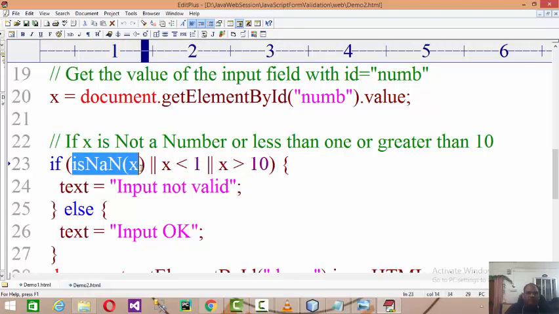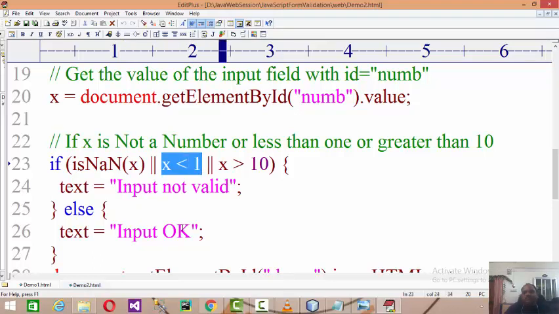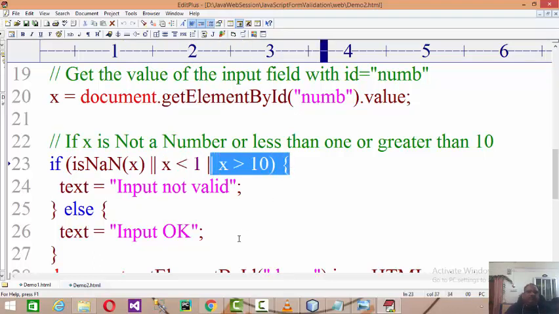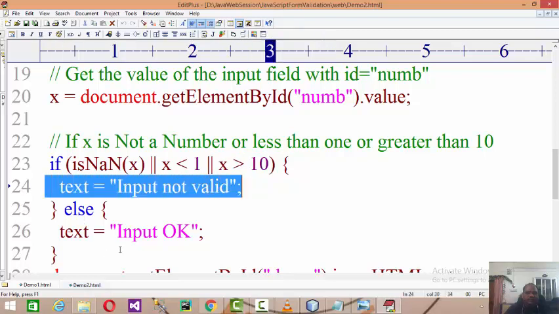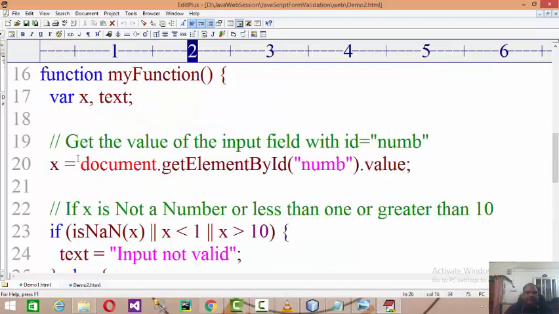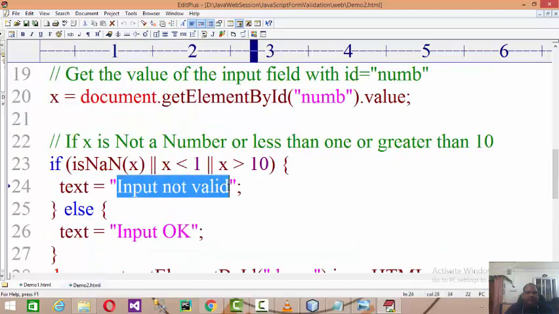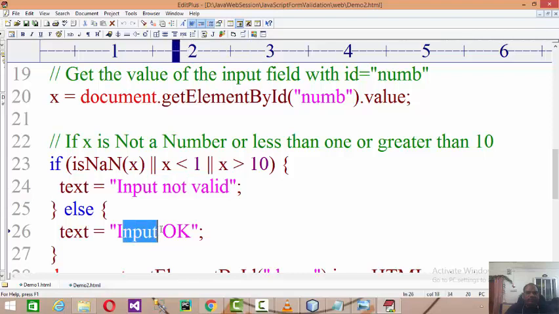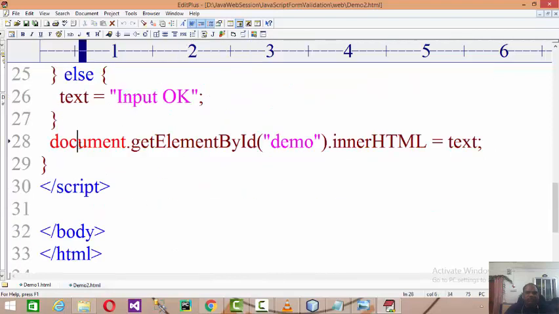So it has to be a number, and if it is less than 1 or more than 10, right? Then the input will be invalid, otherwise, else, it will be 'Input OK' over there, right? And then the value of text, whether it's 'Input not valid' or 'Input OK', will be assigned to document.getElementById demo dot innerHTML equal to text, right?